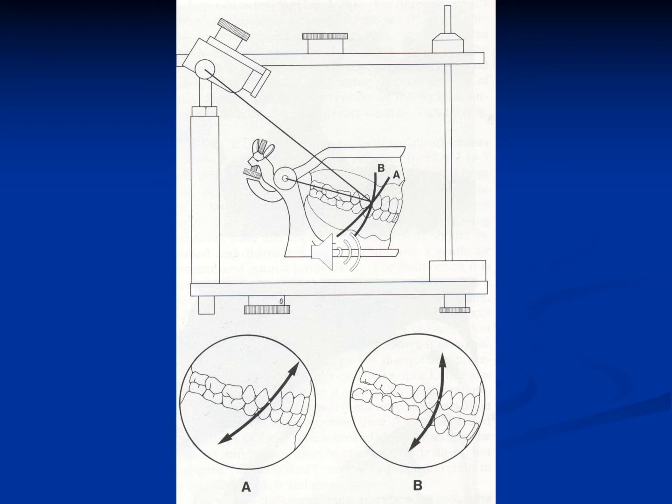Now, on the other articulator, which more resembles the anatomical relation of our patient, the arc of closure is going to be more forwards, less vertical and a little bit having a horizontal component similar to arc A. So what we can say about this is, if we set our teeth using the simple hinge articulator, in which a more vertical closing path is followed, some interferences that happen according to the A arc of closure are going to be avoided, and then we will set the teeth and they will open and close freely